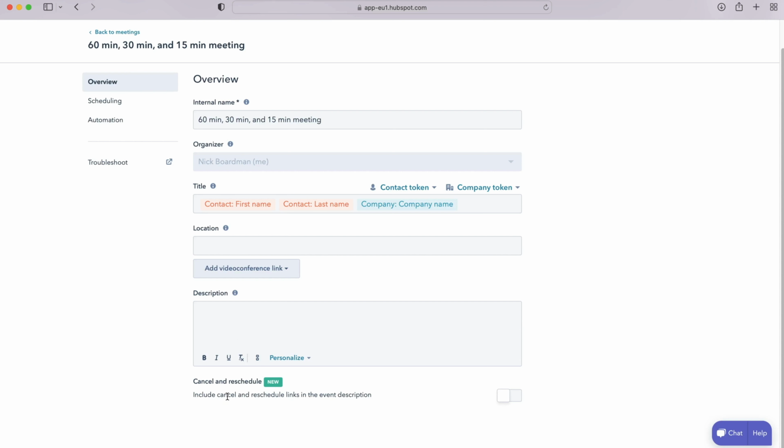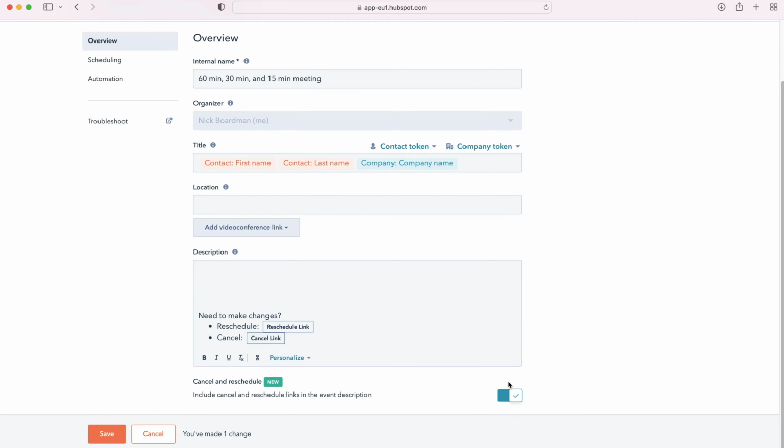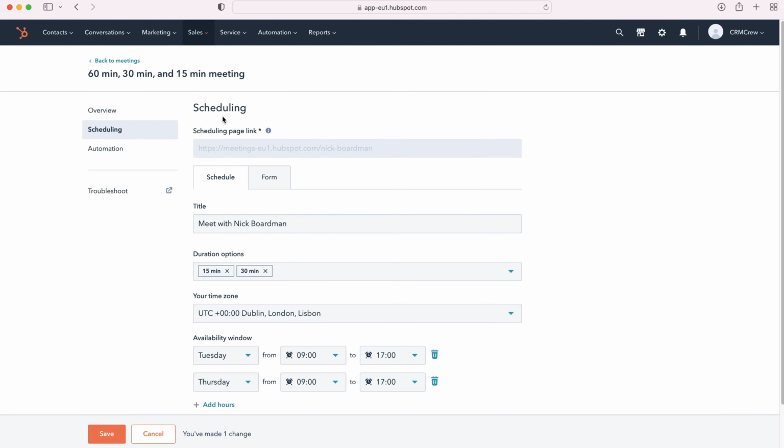We can also cancel and reschedule, so include cancel and reschedule links in the event description. That is very, very useful and makes things even easier. So I would recommend having that on. That's, as you can see, a new feature that's just been added by HubSpot. So thank you for that, HubSpot. I'll leave that on. Moving on from there, we go to the scheduling page, and this is where we set